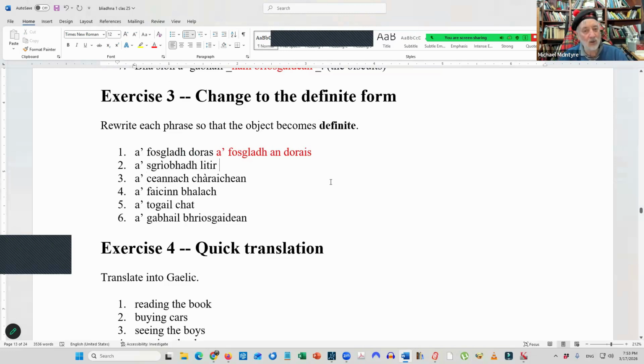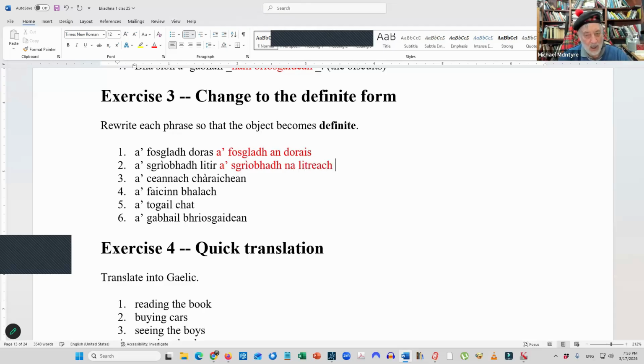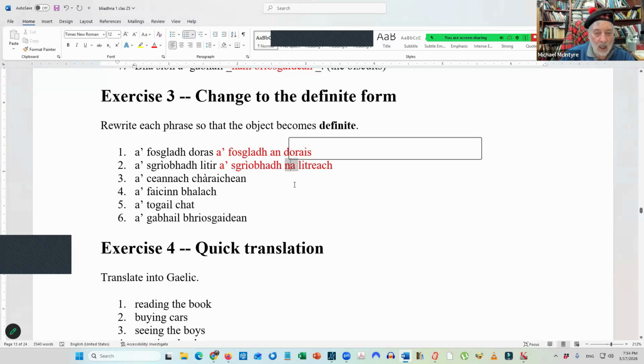We want to write the letter. So that would be a skrivik na lecher. And that's something we have to remember: the genitive "the" for the feminine is na. It's tempting to follow the pattern and say on, but it's na because it's feminine. Na litrik. Okay. So now we want to buy the cars, and that would be a countic